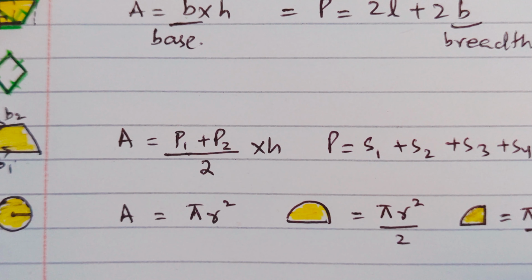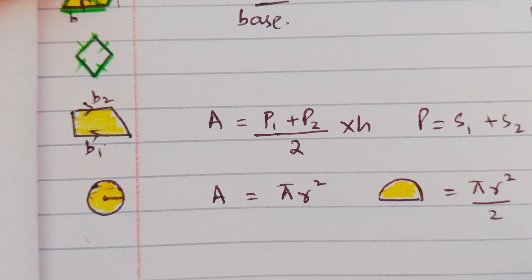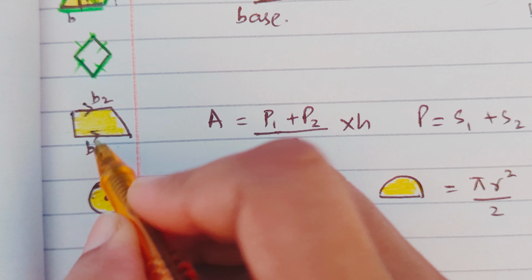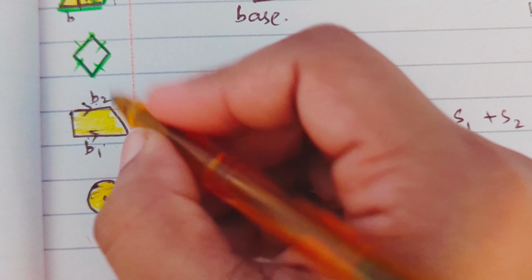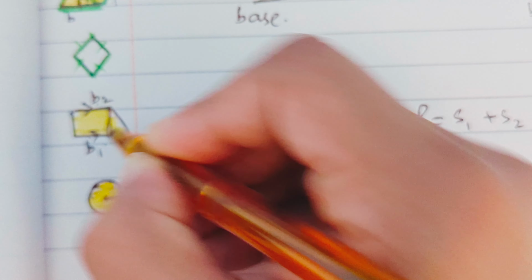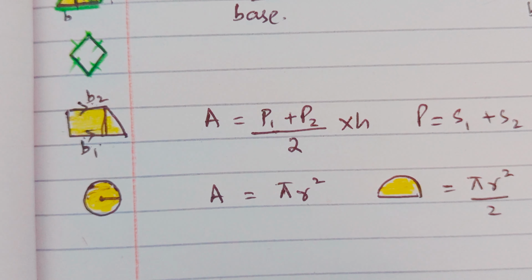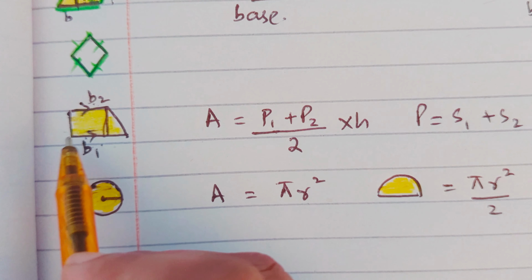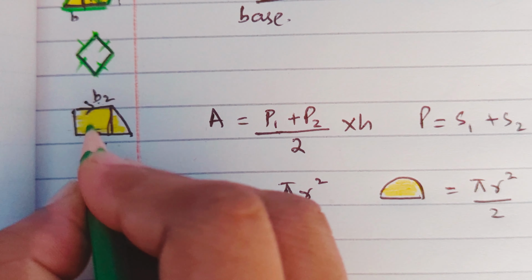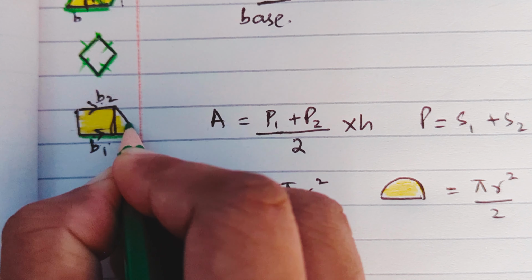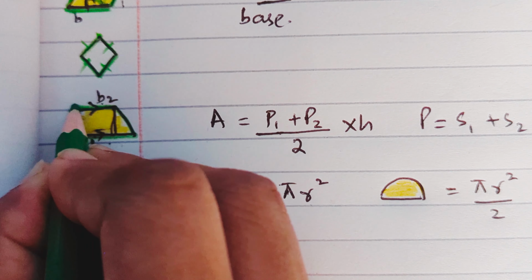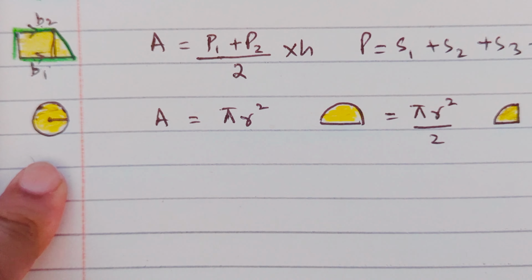In area and perimeter of a trapezium, sometimes the students get confused. So for finding the area, we simply need the 2 parallel lines and the height between them, right, which is perpendicular. But for the perimeter, we need all the outer parts. Side 1, side 2, side 3, side 4. This is the perimeter. And now for the circle.